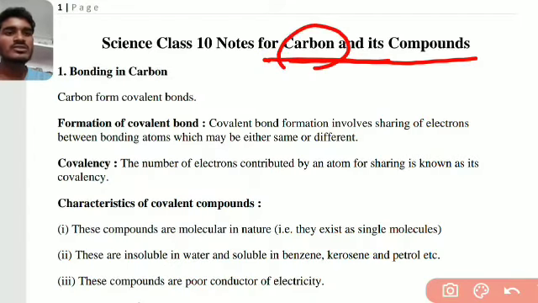Now we see the uses of carbon. Daily, the food you eat, the clothes you wear, and the cosmetics you use, and fuels like petrol and kerosene, are all made up of carbon. Our human body is also built with carbon materials. It is the second most abundant element on earth. Okay, this is carbon.